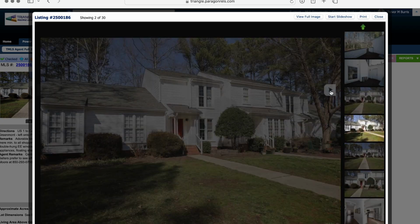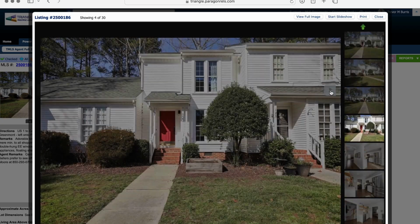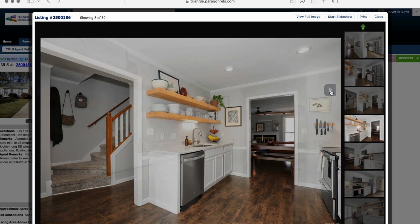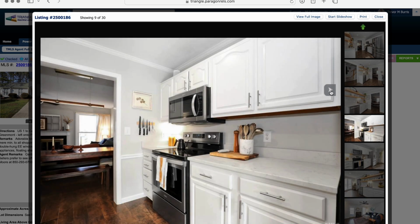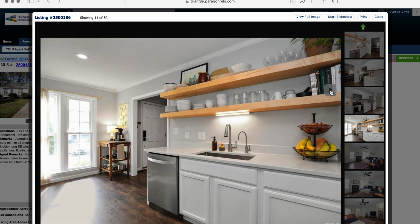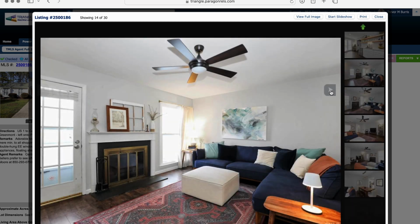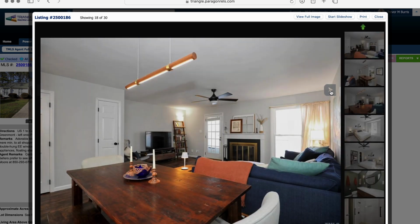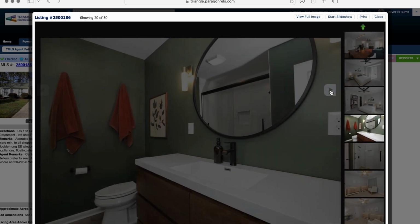Scenario 1 was a cute, tiny little townhome that some of my clients found a few years back in the bustling suburb of Cary. The price tag for this was pretty low, but the location was phenomenal. They spent a few years working within their means to upgrade the kitchen with some open shelving and new countertops, upgrade fixtures like the door handles and lighting, and also renovate both of the bathrooms. They couldn't change the footprint, which was tiny, but they were able to create a ton of equity for themselves by upgrading what was there. And they were able to sell it only a few years later and take a ton of cash with them